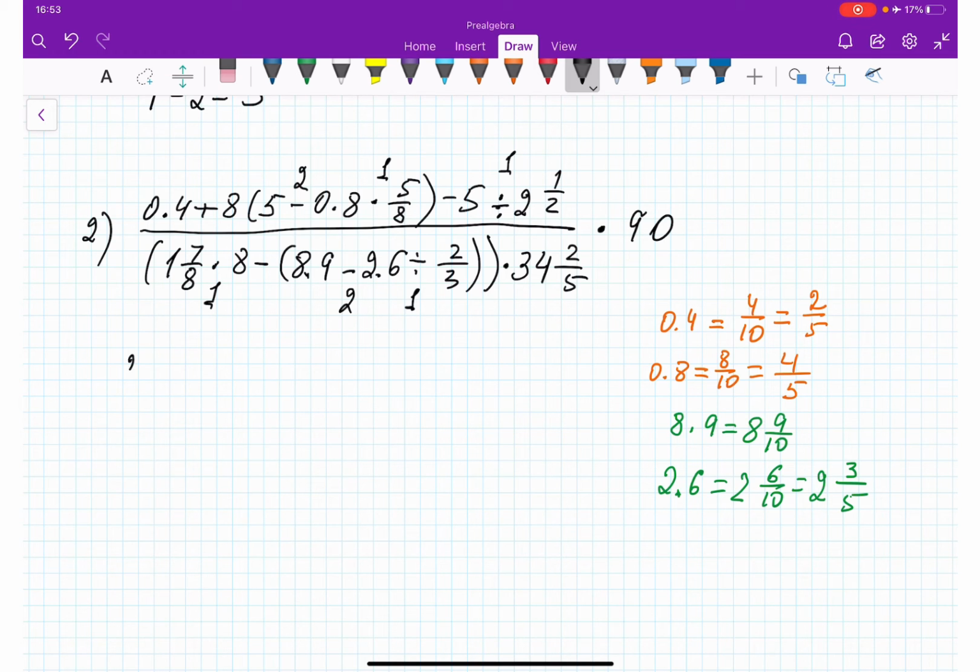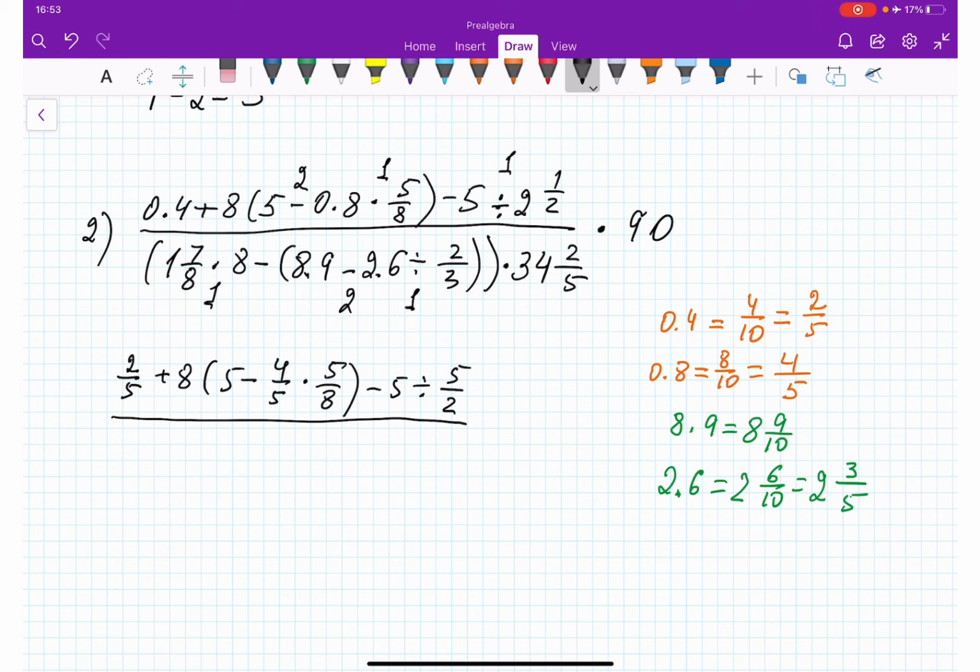So we are getting 2/5 plus 8 times 5 minus 4/5 times 5 over 8 minus 5 divided by 2 and 1/2, it's going to be 5 over 2, right? 2 times 2 is 4 plus 1, 5. 5 over 2, because I have to divide 5 by 2, so I need to convert the mixed fraction into improper. Next, here we have 1 and 7 over 8 multiplied by 8 minus 8.9 is 8 and 9/10